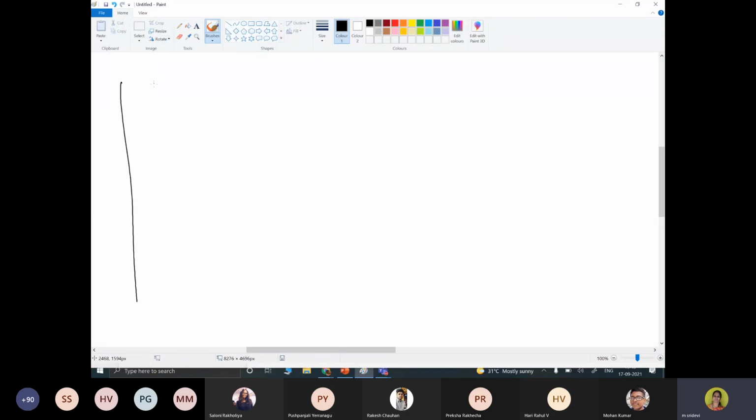Example for test 1. This is one surface, S1, and the other surface, S2. As I told earlier, this is the X viewing point and this is the Z viewing point.